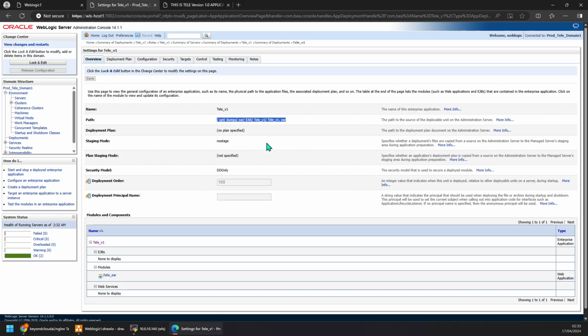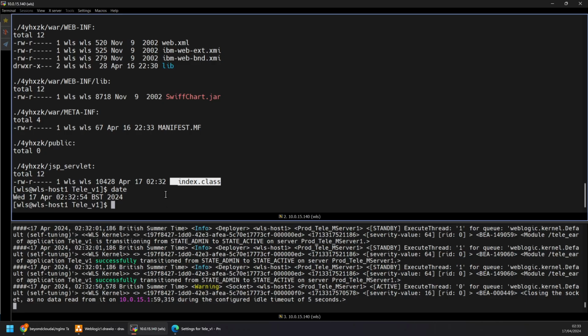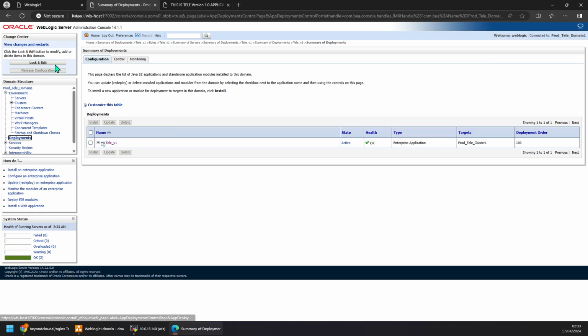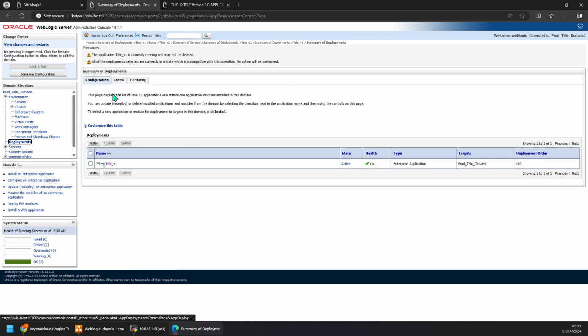So you need to make sure that all servers have this location available for the deployment from this remote location. As I told you, it's useful for a large file, where you want to maintain it on a network and in an exploded file format, then you can use it. So let's quickly undeploy this, and then I will show you